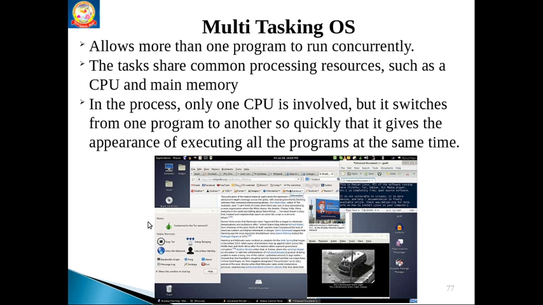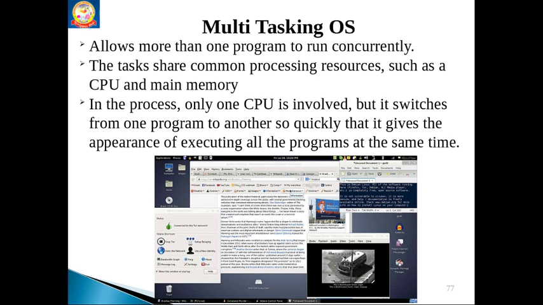Multitasking means allowing more than one program to run. That is, all the computer resources like CPU and main memory are shared among all those multiple tasks. Your CPU switches from one task to another task.